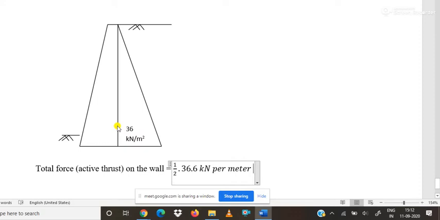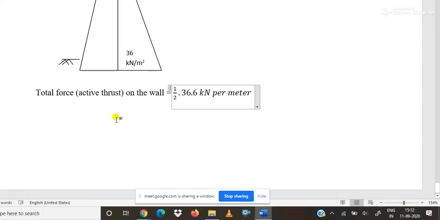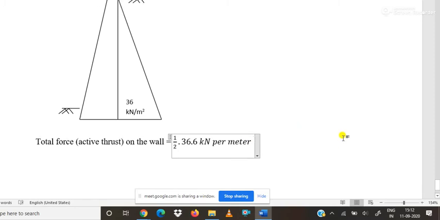Actually this is the perpendicular direction of the screen. Per meter of that length, the value is 108. I think you may check the calculation. 108 kilonewton is the unit of force per meter length